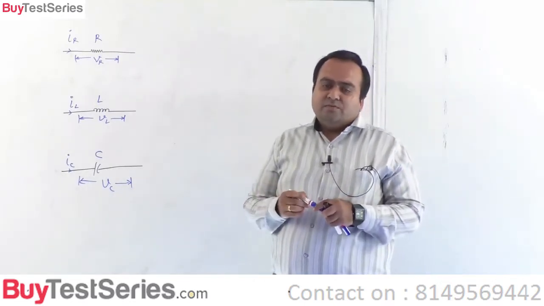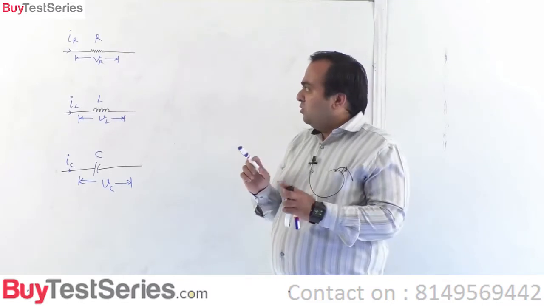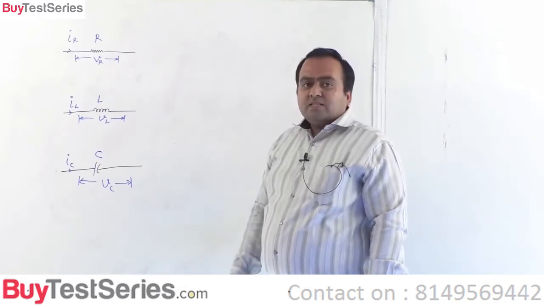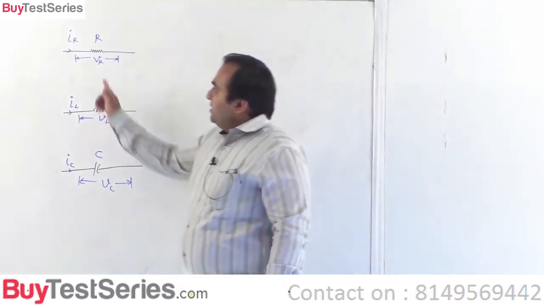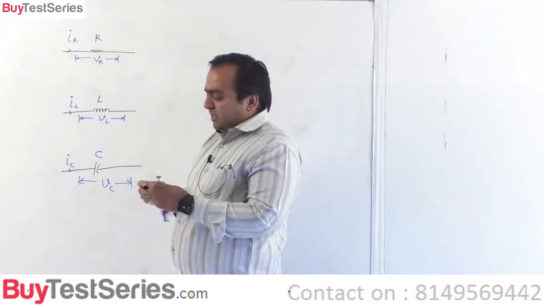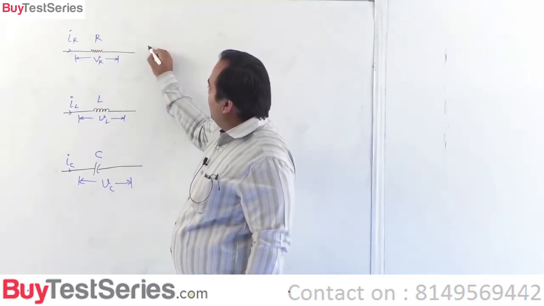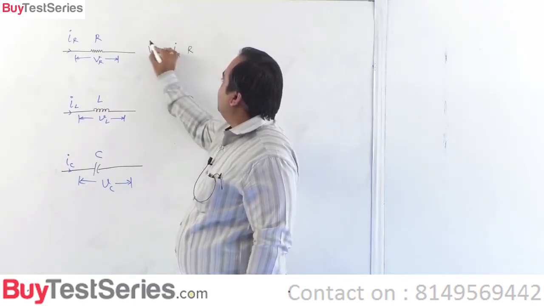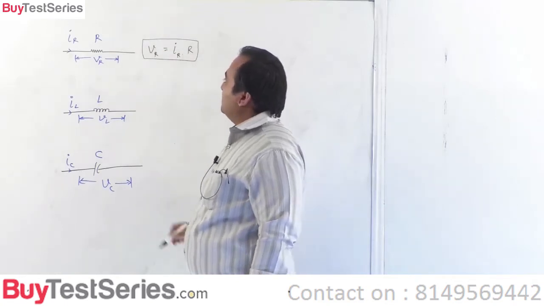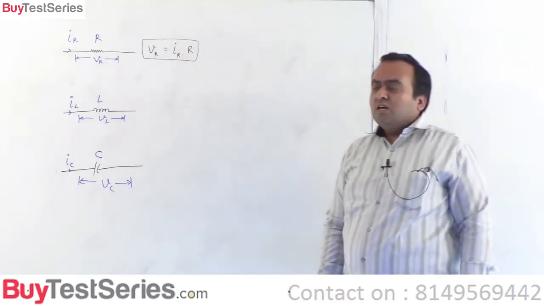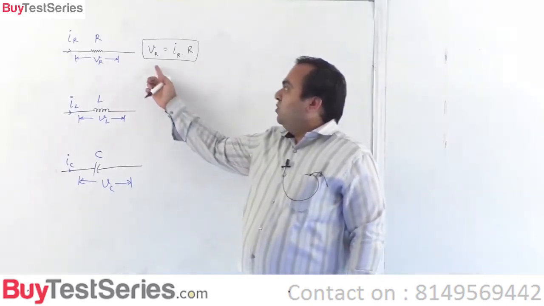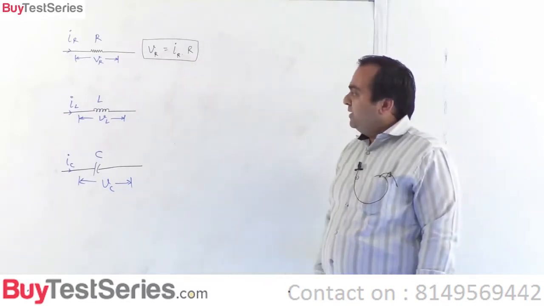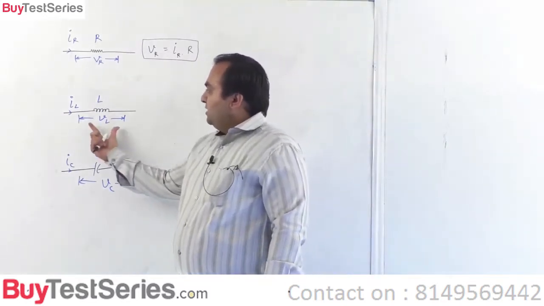Some basic equations which you are already familiar with. Let us first go through those equations. We are going to come across these three basic circuit elements. This resistance has a relation: VR is the current into the resistance R. Alright, so this is the relation for a resistance. Voltage across the resistance is current through it into R. Alright, now if we look at this,